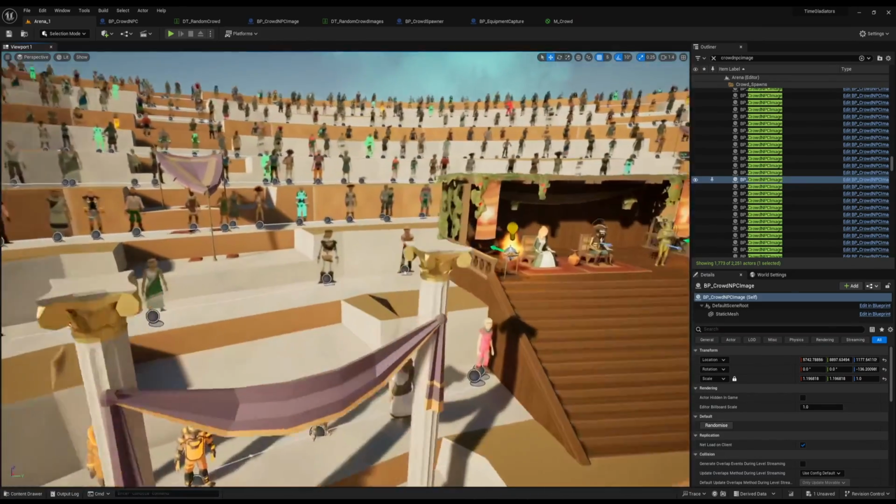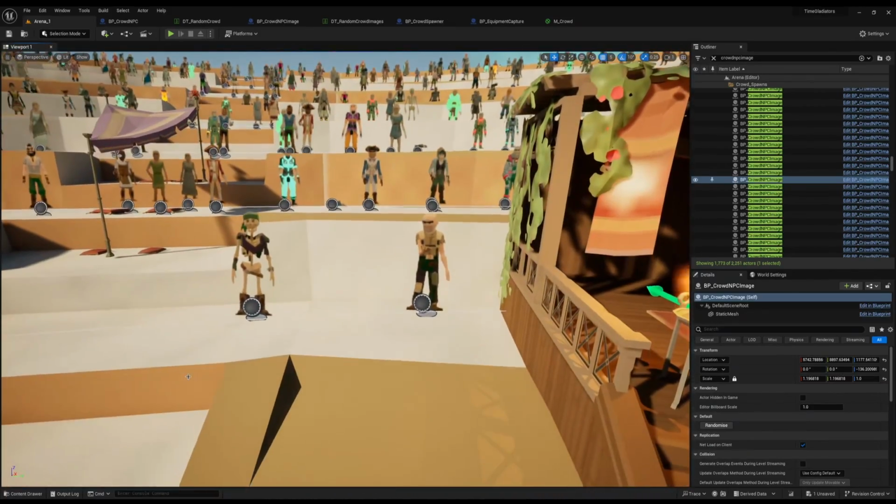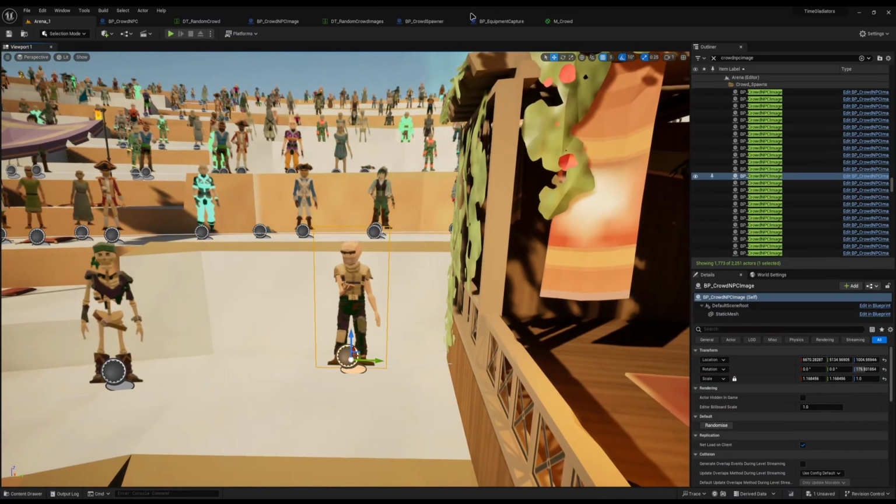And that's it. So you've got the crowd spawning spline, you've got the 3D NPC, you've got the plane NPC, you've got the material capture, and everything else you want. There we go, ladies and gentlemen. That is my tutorial. If you wanted these to be a flipbook, what you could do is just change your